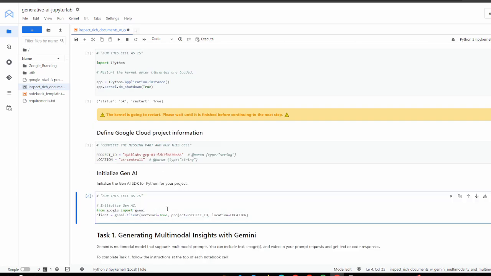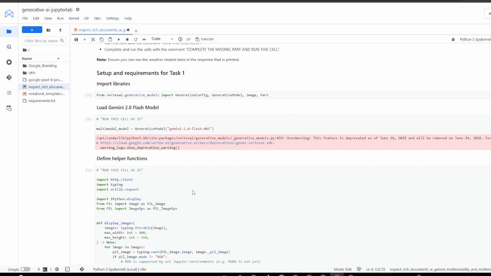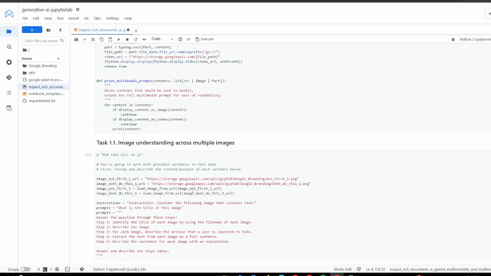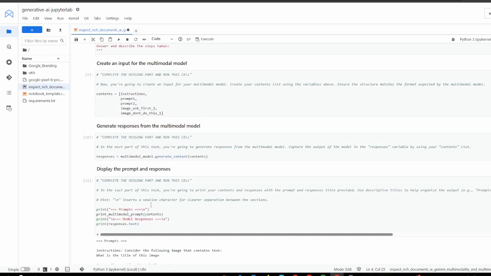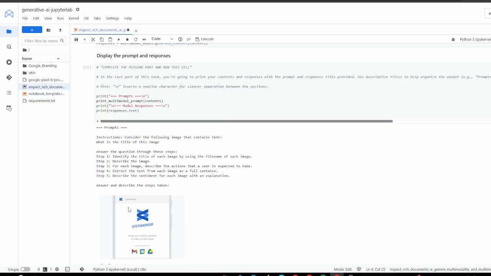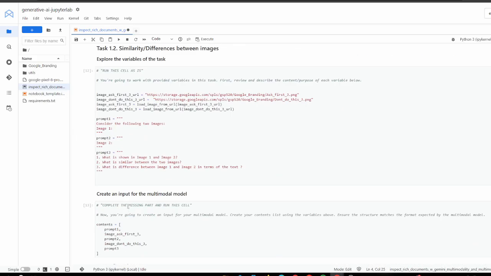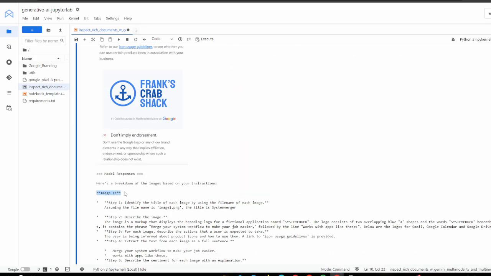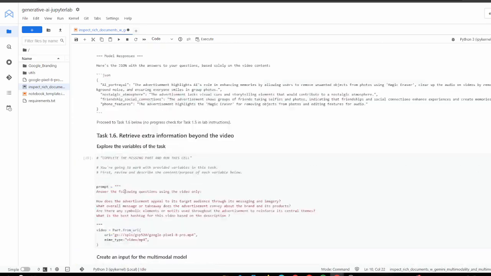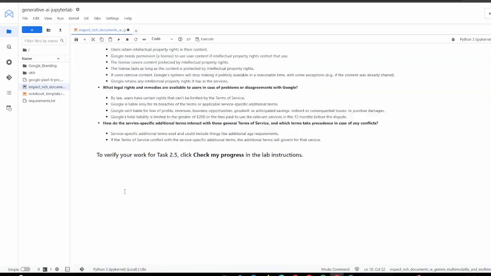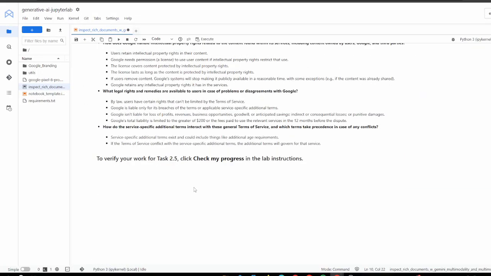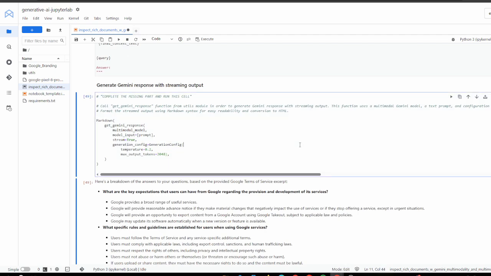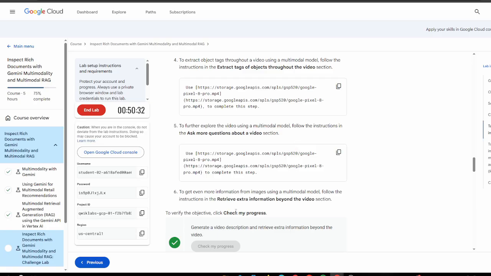And while printing the output, just write display markdown instead of print, and you will get the response in bold instead of this. So we got our final output as well, and you can see this looks way better than the previous ones, right? Now we have completed